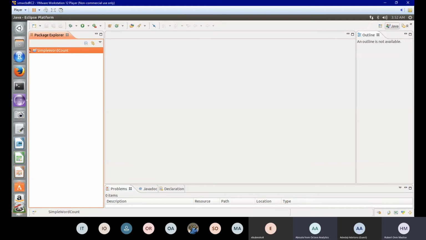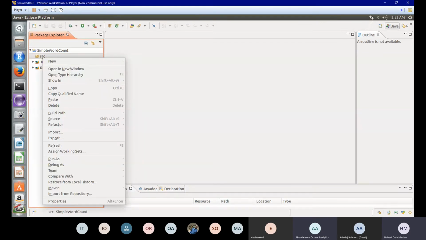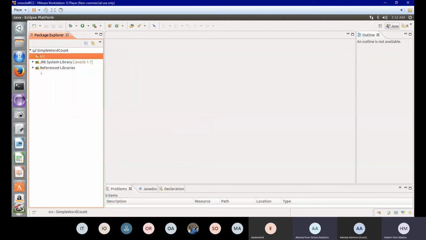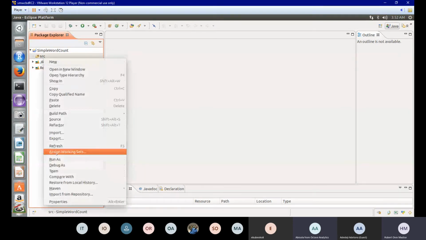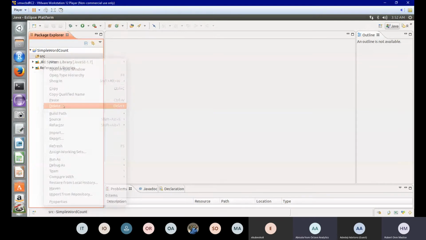If you look at the small arrow, yes, click on it. That is the folder you have to delete, the SRC folder. If you deleted that one, you start from the beginning. So let's just delete that. You're sure you want me to delete this? Yes, SRC folder. Yes, I'm very sure. There's nothing.